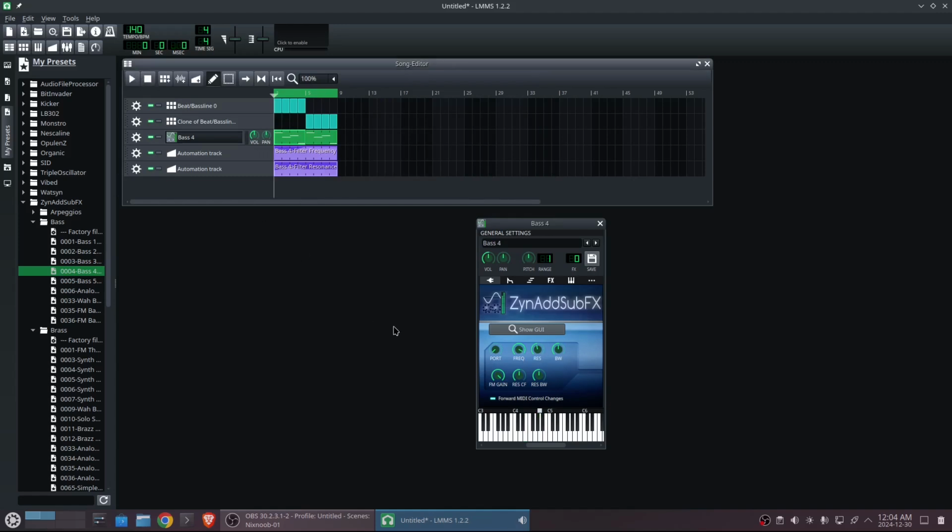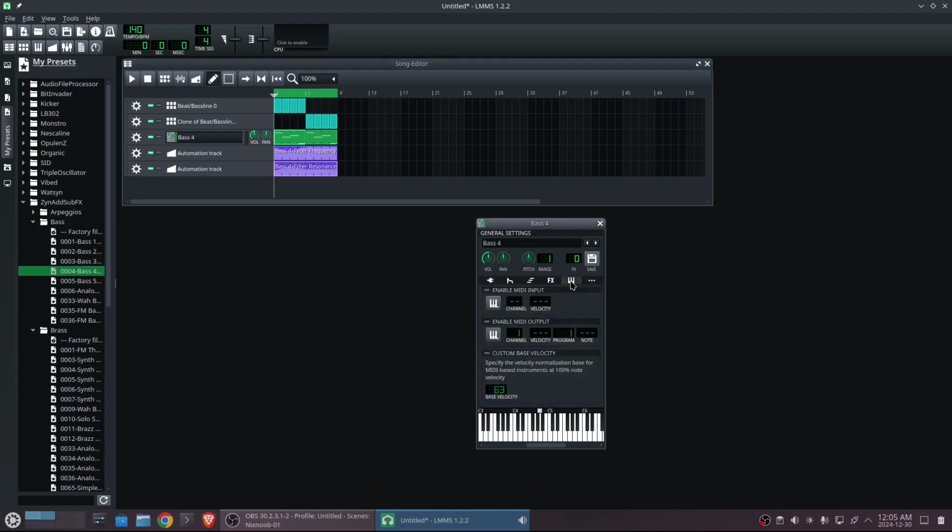Okay, so not a great beat. I hope I'm not hurting everybody's ears, but you get the idea. So you can automate over time as much as you want. You also have the ability to do chords